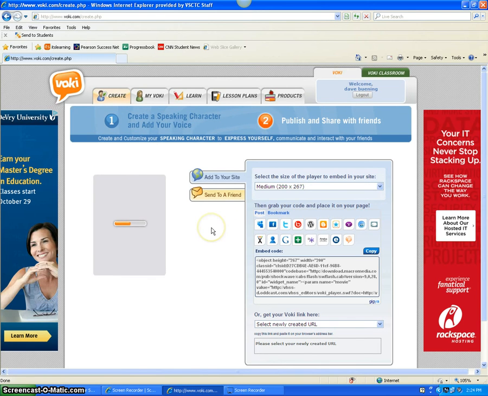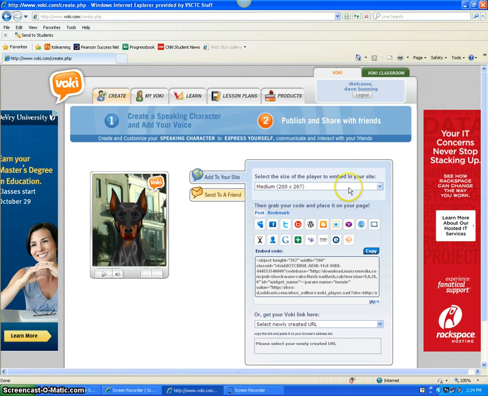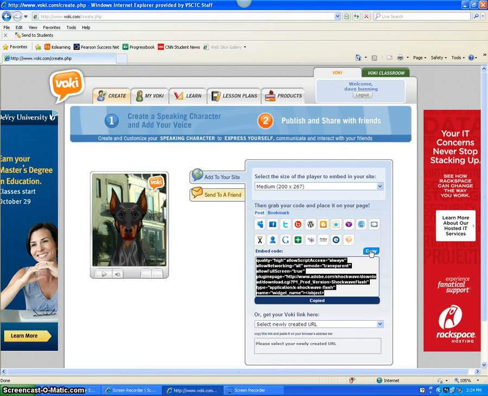The next step to get this embedded into your ITSLearning page would be to select the size that you want to embed. I believe the medium and small is best. We've always used the medium. The next step is to click Copy. Once you click Copy, it's going to copy the entire URL site that you will need to embed it into your ITSLearning. Once you've copied it, you need to go back to ITSLearning